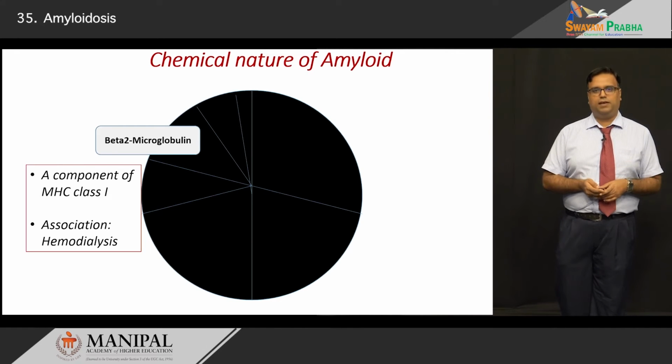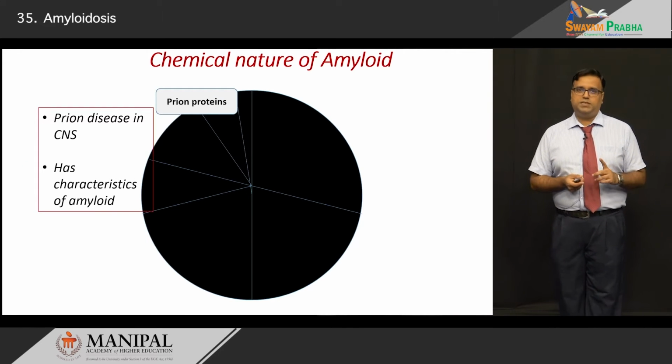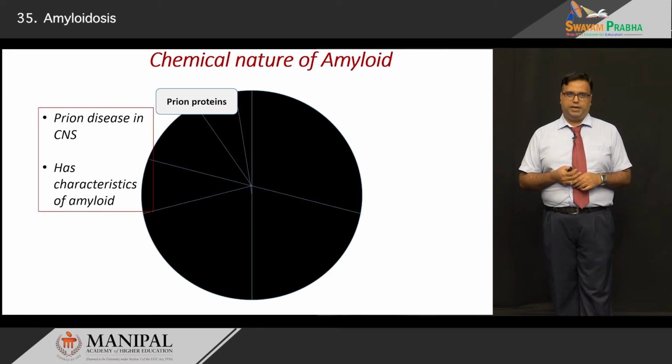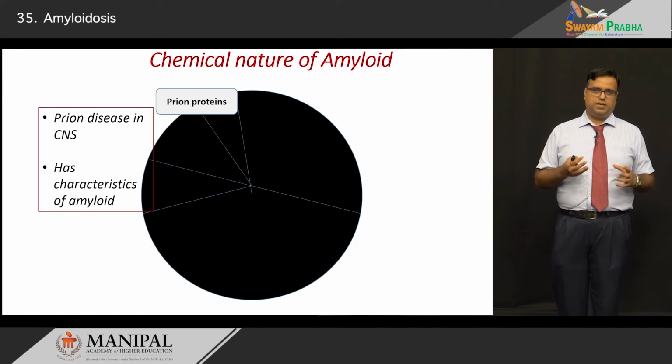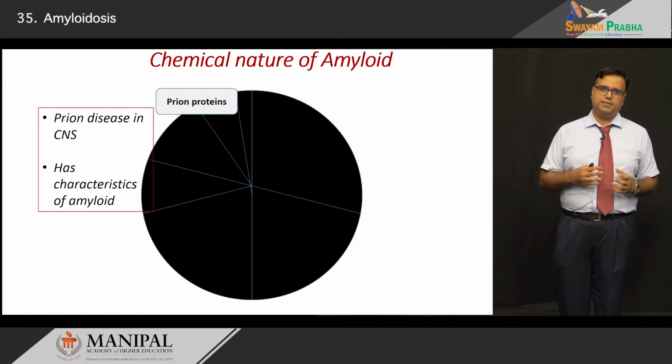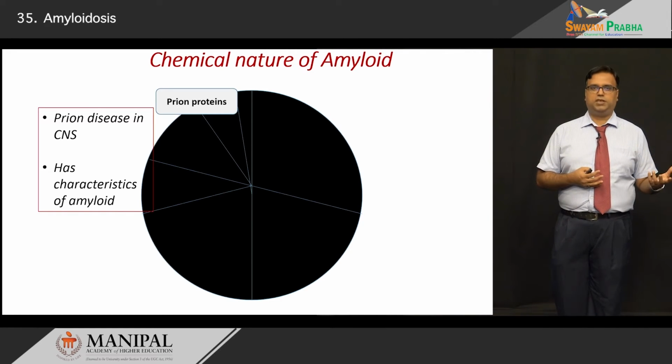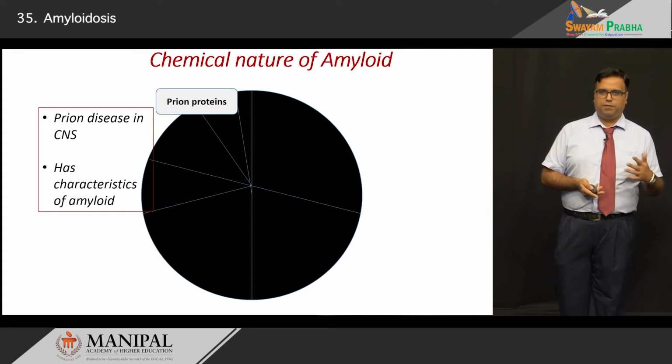You can go back and refer. Another one which is a distinct category is called prion proteins. Again, they are associated with CNS diseases called prion diseases, such as you might have heard of mad cow disease, Creutzfeldt-Jakob disease. All of these have typical characteristics of amyloid, so they are also clubbed under some of the biochemical